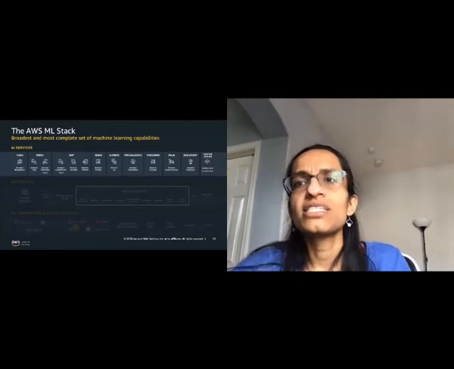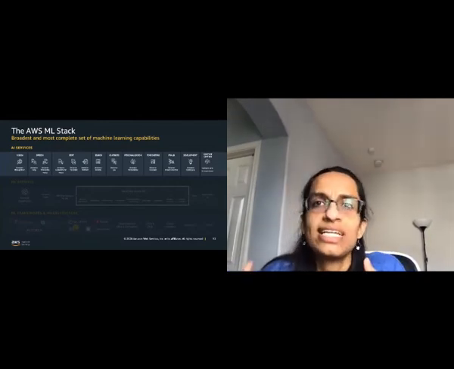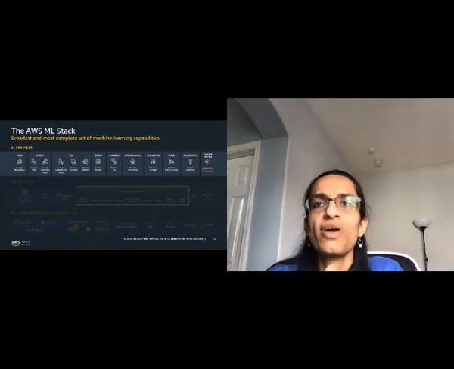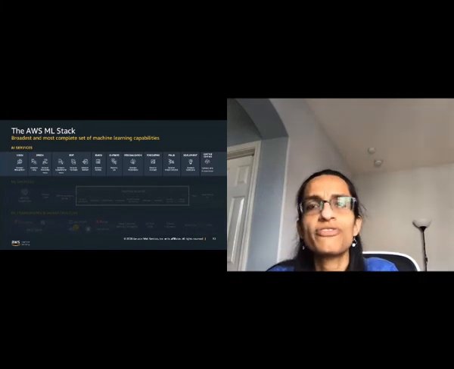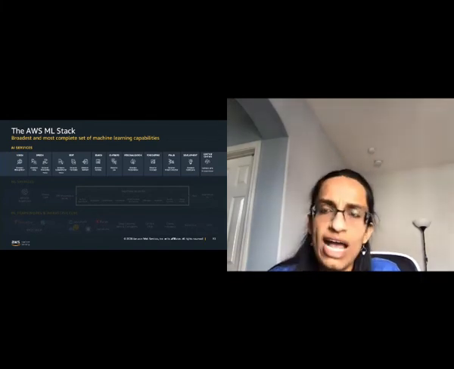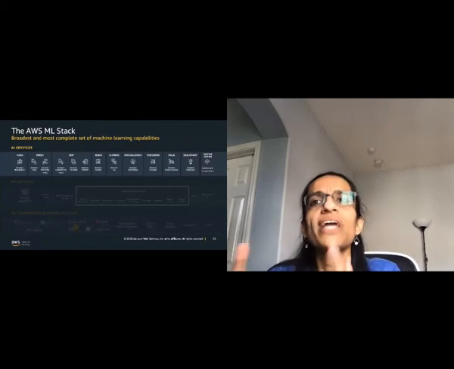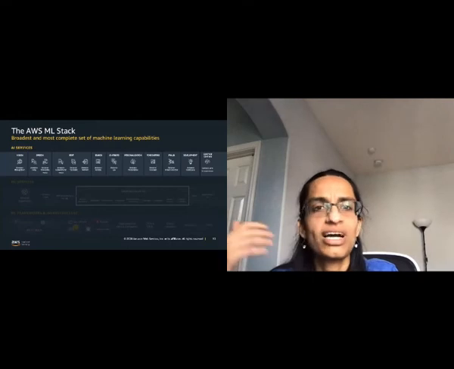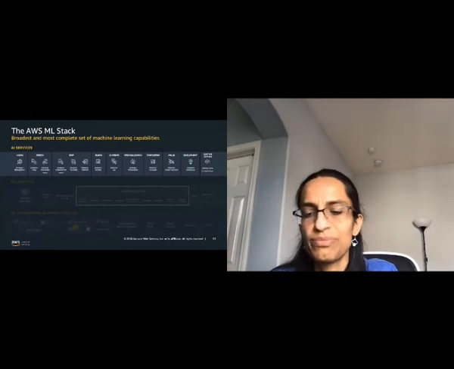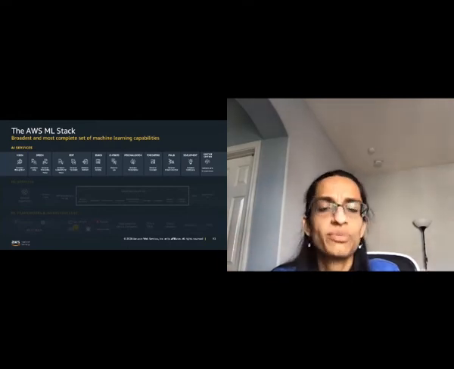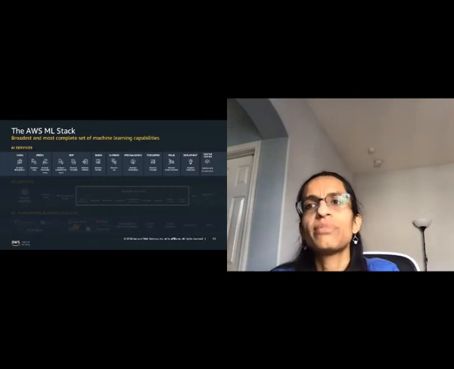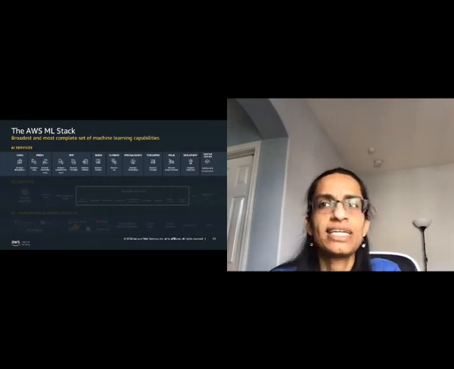Under text processing, if you want to translate text to different languages, we have Amazon Translate. If you want to understand what's being said in those translated corpuses of text, we have what is called Amazon Comprehend. And if you want to extract text from documents automatically, from menu cards or prescriptions, whatever be the document or newspapers, we have what is called Amazon Textract. All of these are built on NLP and deep learning.